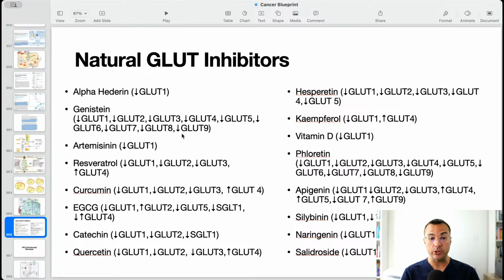Talk about a pan-GLUT inhibitor. Genistein is a pan-GLUT inhibitor. It blocks all, or has effects upon at least all 9 of the ones that I did searches for. Another one in the running, would be pretty good, would be apigenin. Apigenin's pretty good too. You see downregulation or inhibition of GLUT1, 2, 3,